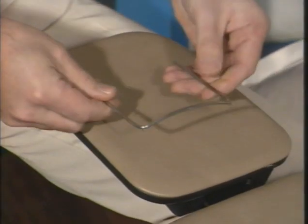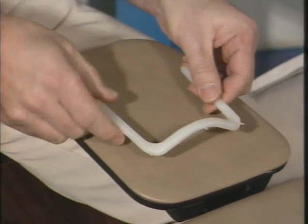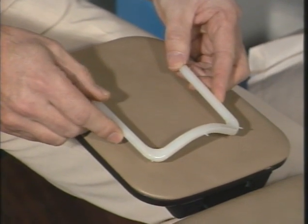A frame will be required to pull the rubber dam out of the way of the field of operation. These frames are of two sorts, either a metal frame or they can be plastic. The plastic frame is quite useful when you're taking radiographs because it is radiolucent. When the rubber dam is tensioned on the frame, then this also helps to keep the soft tissues out of